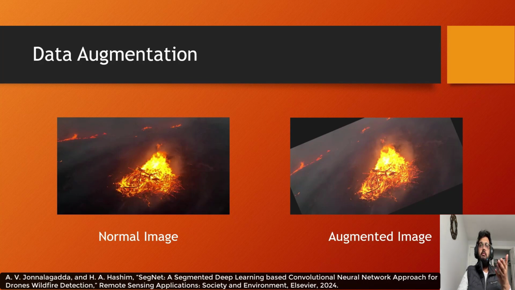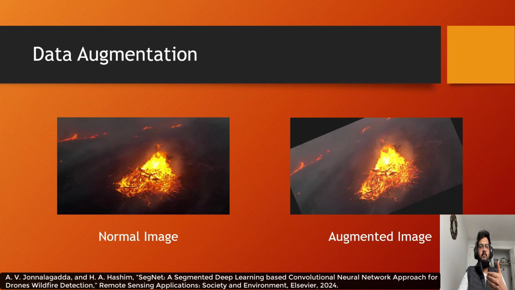Rotation and translation provided variations in the orientation and position of fire-related features, mimicking real-world scenarios where fire instances may vary in appearance. Scaling allowed the model to adapt to different sizes of flames, a crucial factor in detecting fires at various distances. Brightness adjustment simulated the impact of changing lighting conditions, ensuring the model's robustness under different environmental settings, and introducing Gaussian noise replicated the presence of external factors that could affect image quality, reinforcing the model's ability to